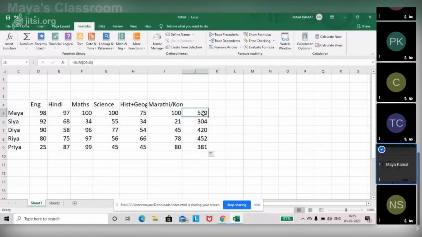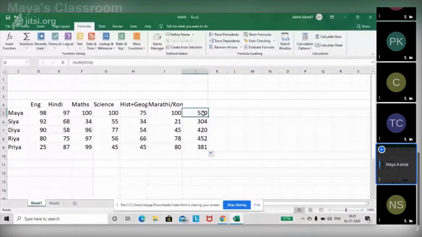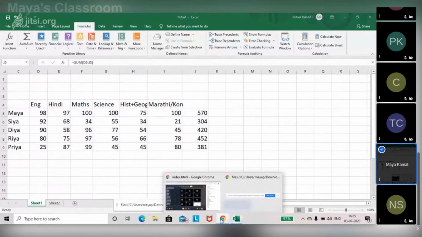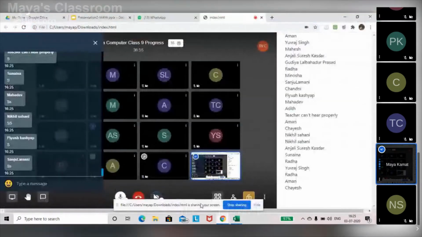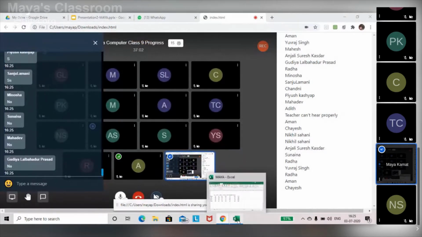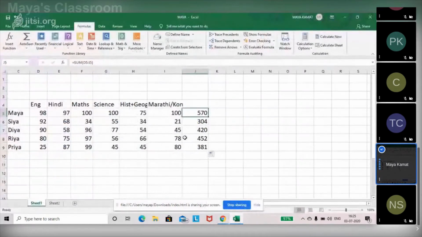Now, this is a direct formula making use of the Excel functions, wherein we have made use of the first function, which is sum. Any doubts with the sum formula? Quick reply in the chat, please. Okay, there are no's in the chat. That means you all have followed. Very nice. Going ahead with the next formula.